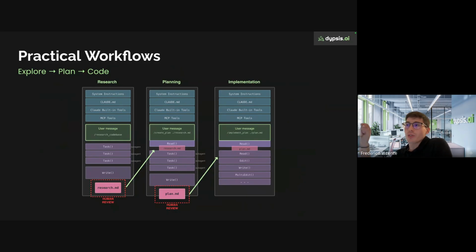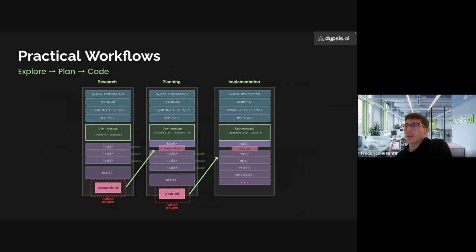Then you can also suggest it to create a research.md file. This is very important, as I'm mentioning here, for you, a human, to review, because it's very important for this to be right. So when you start planning, the agent really has the correct understanding of the code base.